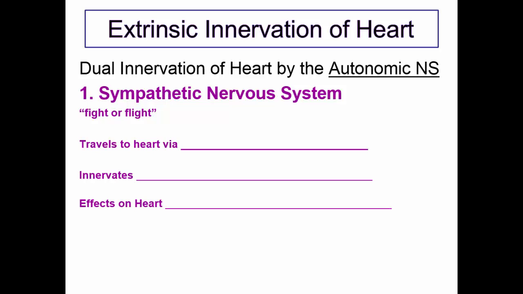So the autonomic nervous system can override the intrinsic conduction system in certain situations. So let's take a look at how that might work. Think of your heart as innervated by both divisions of the autonomic nervous system. One division is called the sympathetic division and the other is the parasympathetic. You might remember that the sympathetic is called the fight or flight division, and this is because it is activated usually in emergency situations. So some people call it the E division